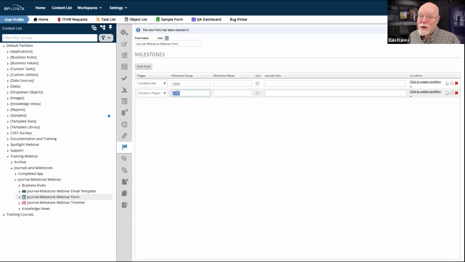So I need to be sure that those milestone group names match the milestone group names that I have in my form as well, so that I can associate a single milestone group with the form and the process timeline. Let me go ahead and just delete that there. So I've got my milestone group.